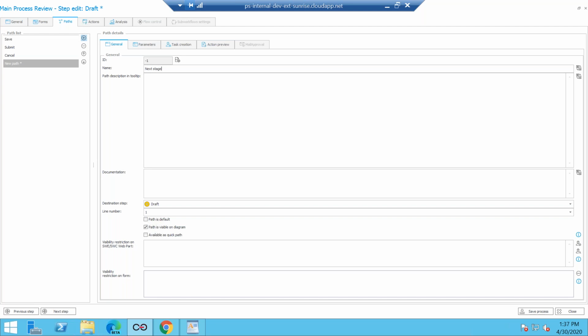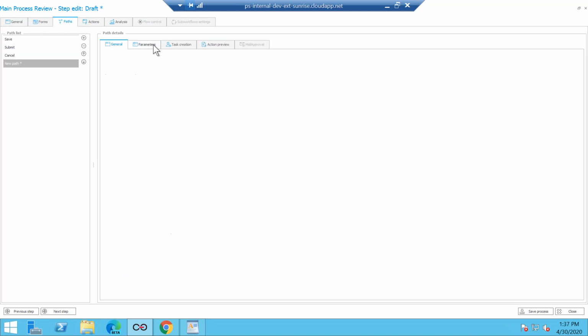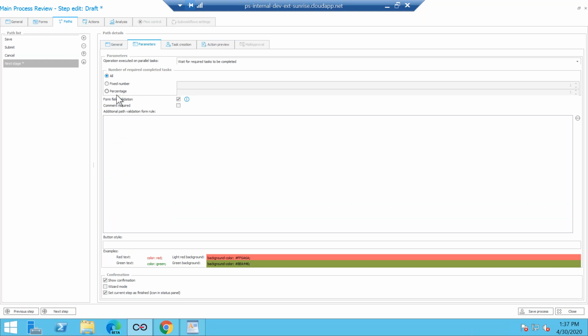Okay. So I can come here, I can quickly add my fourth action button, if my user says, well, yeah, we want this to have also another feature. So it's as simple as coming in and adding a path right here. You can configure, you can add additional validations. You can say, yes, I want the form to be validated when the user clicks the button, or you say, no, this is just a save, I do not want validation. If you're rejecting something, you can say comment is required. It's as simple as that.